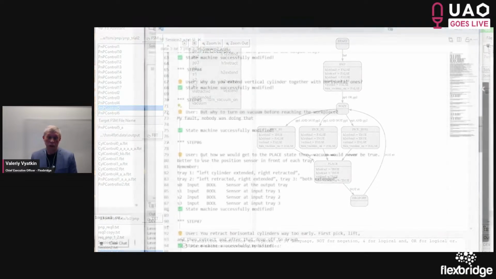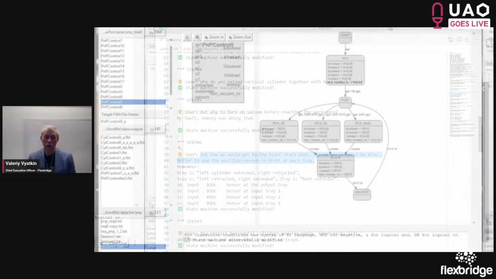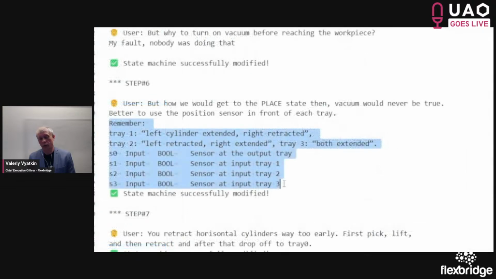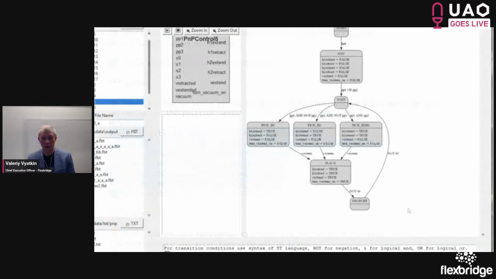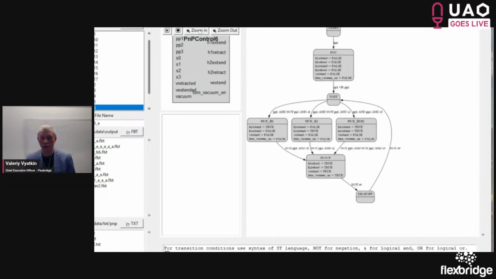So we go through these requirements and, in the dialogue with the assistant, refine the state machine to the liking of the developer. And at some point, we need to remind it how to reach each tray, because in two cases it correctly reaches the tray, but in the last state, this H1, H2, it wasn't correctly setting output signals.